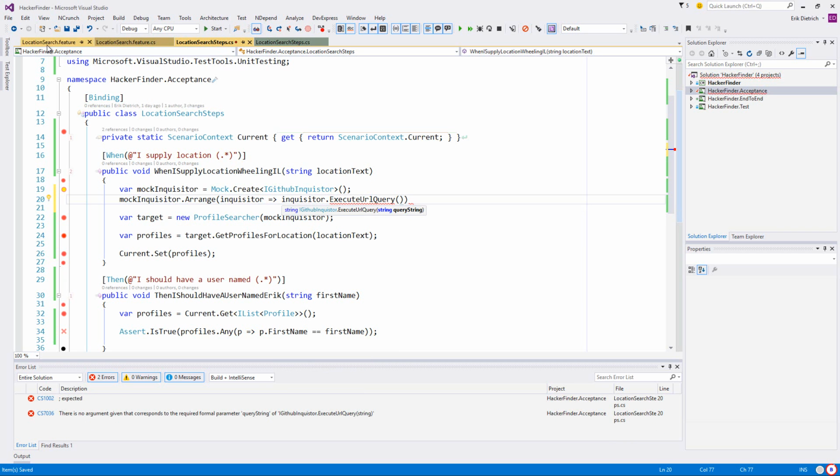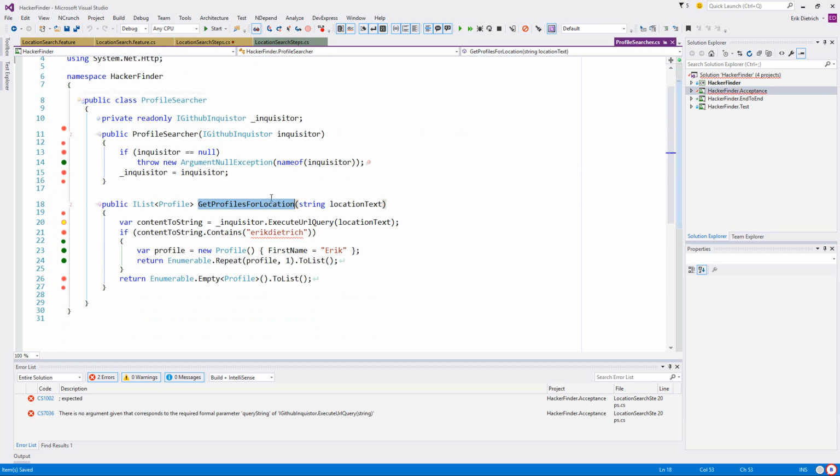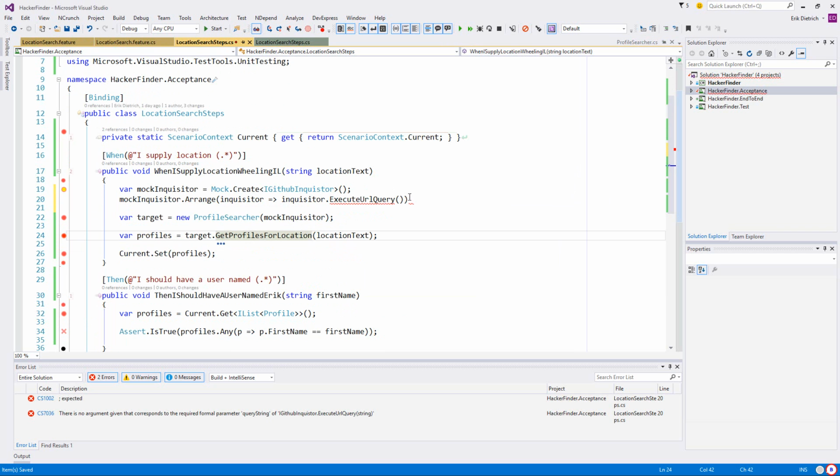What is that method currently doing? So at the moment, it's looking to see if this string contains Eric Dietrich.